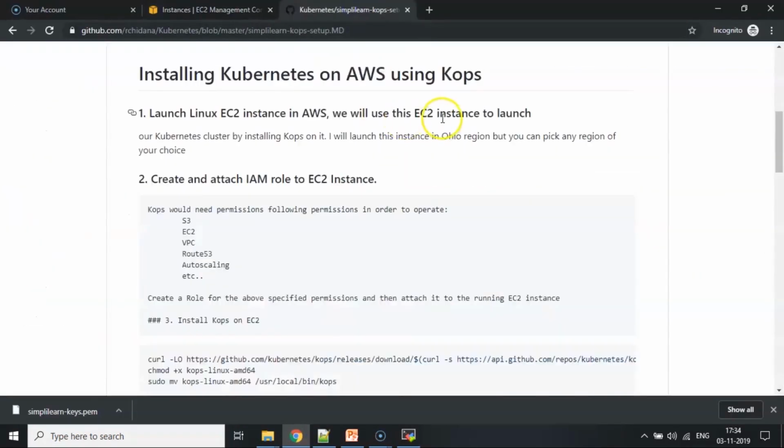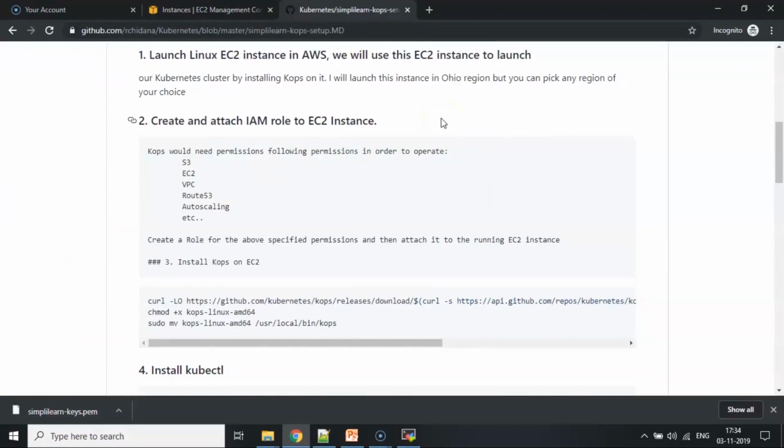So let me look at what other things I need to do. As I said, I just brought up my EC2 instance, but I would need it to run a few things on my behalf so that it can spin up other EC2 instances. It can also talk to an S3 bucket where I'm going to store the state of my Kubernetes cluster. Also some sort of an auto-scaling group, because I want to spin up more and more instances. I also want to have a private hosted zone using Route 53.